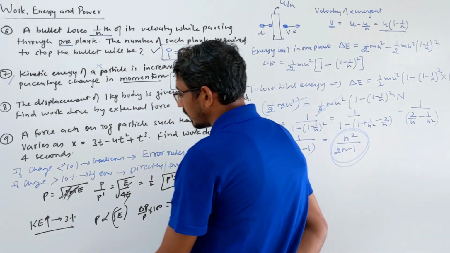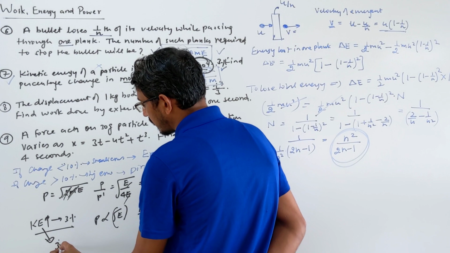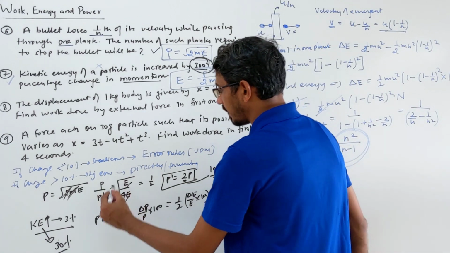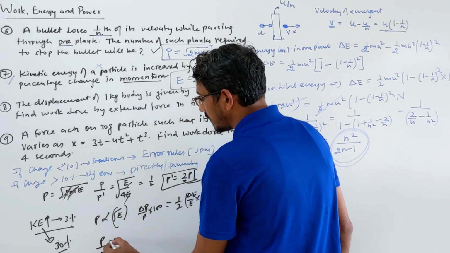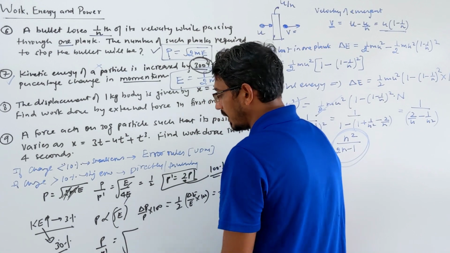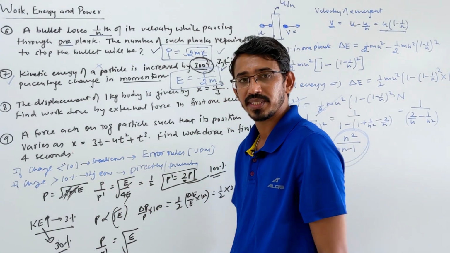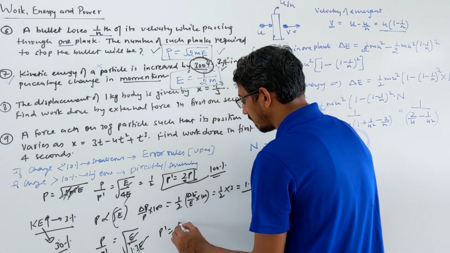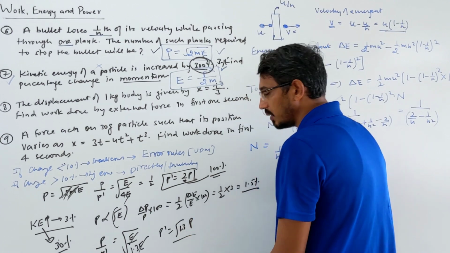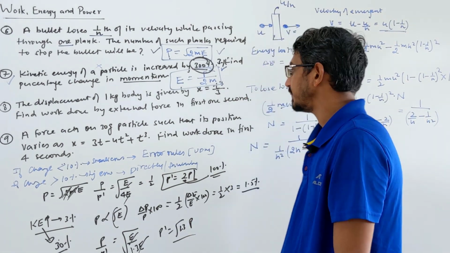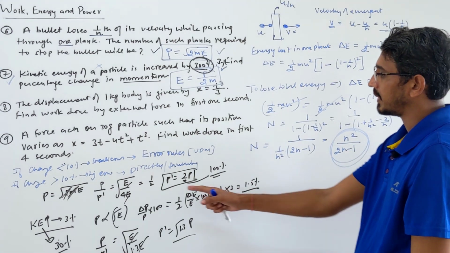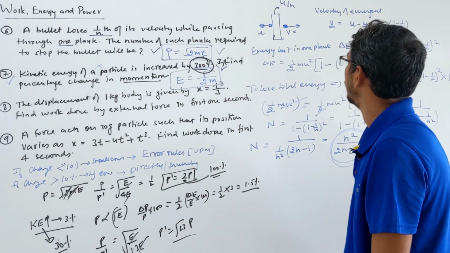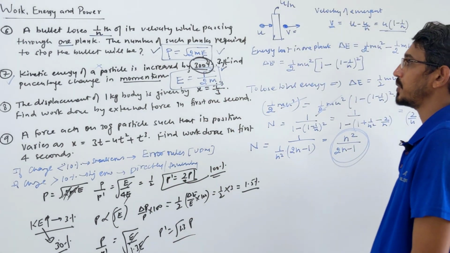Suppose 30% is given. They say kinetic energy is increased by 30%. Big error again, right? More than 10. Again you have to use the relation like this only. You write the same relation: initial momentum by final momentum is equal to root of initial energy E. Energy is increased by 30%. So what is the new value? 1.3 times of E. So P dash becomes simply root 1.3 times of P. You can simplify this. Yes or no? If you are understanding this, okay. Otherwise, if you are still not understanding, please put your comment and I will make a separate video about these things. Okay, so let's go to the next question.